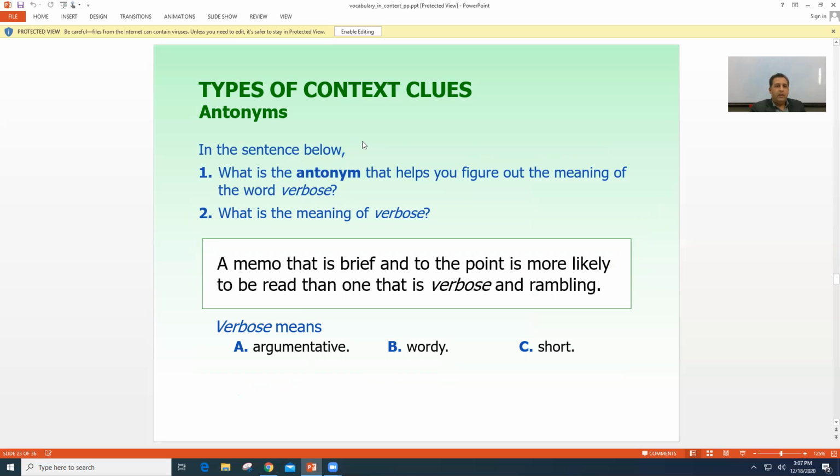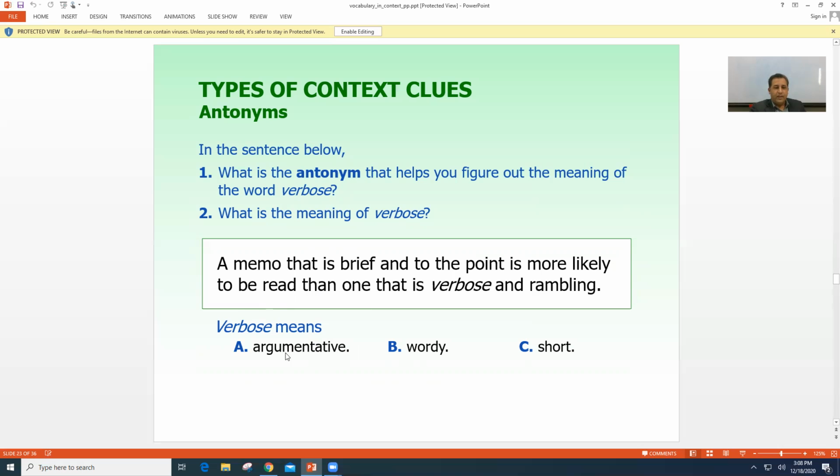Now, in the sentence below, let's have some more examples. What is the antonym that helps you figure out the meaning of the word verbose? So how many of you know the meaning of verbose? Okay, if this is given as an isolated piece of vocabulary, it's very difficult to know the meaning. But what is the meaning of verbose in this sentence? A memo that is brief and to the point is more likely to be read than one that is verbose and rambling. So it means that,